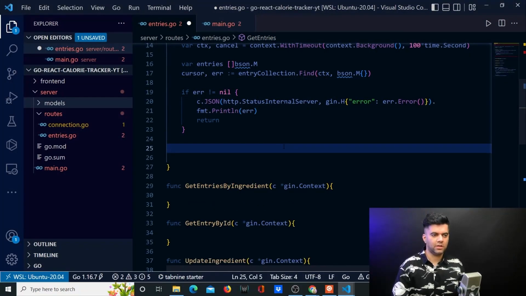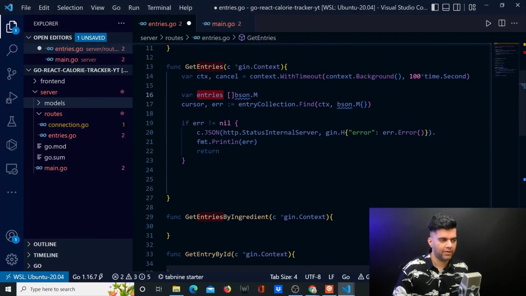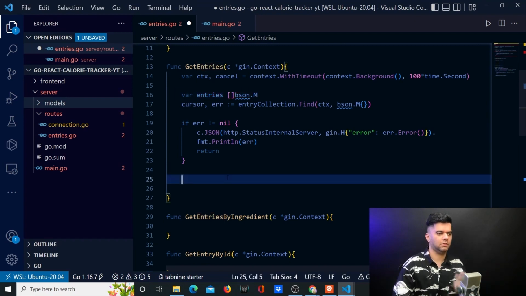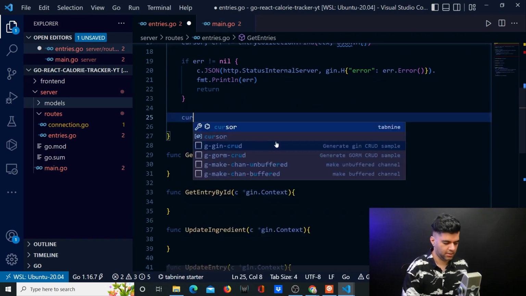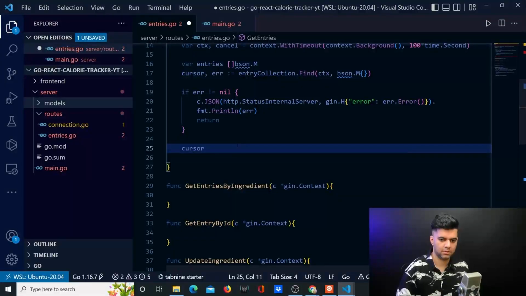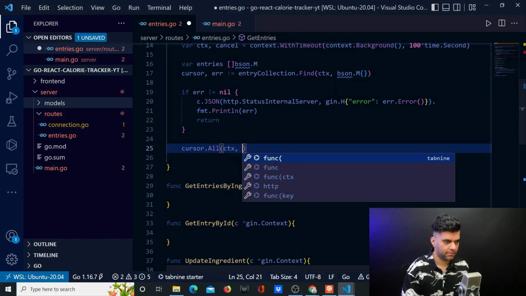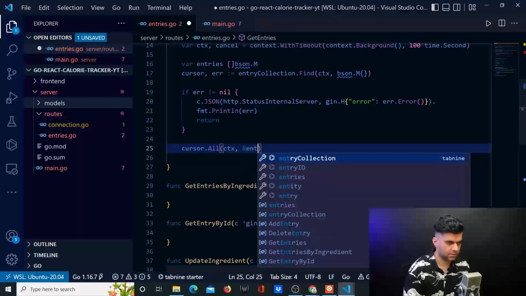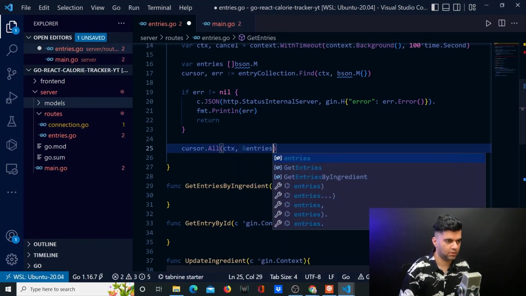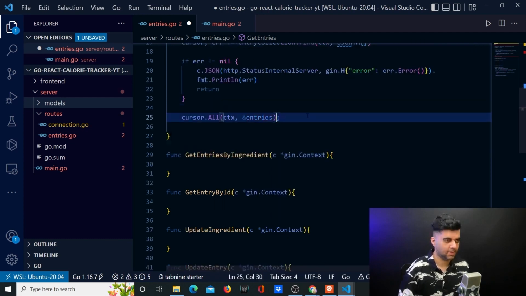But all these values that you get from the database are in a very raw kind of format, and you want to have it in this entries variable, which is a slice. You want it in a much more consumable format. So how do you do that? You'll say cursor, which is where all of our values are right now. So I'll say cursor dot all. We'll take all the values, pass the context, pass this variable which is empty right now, called entries. And you want to say if